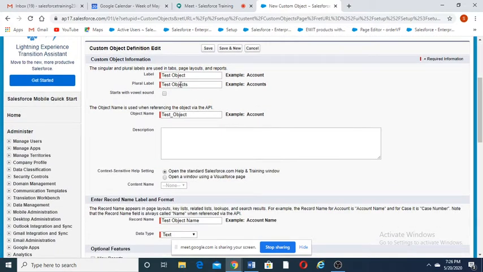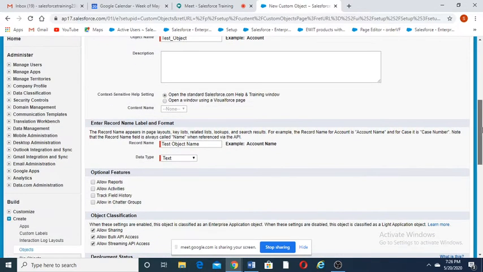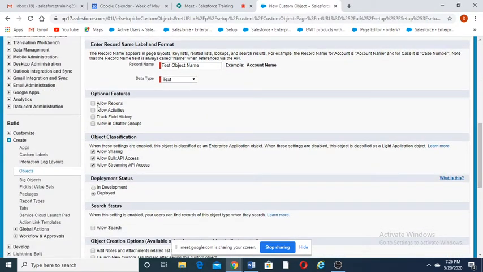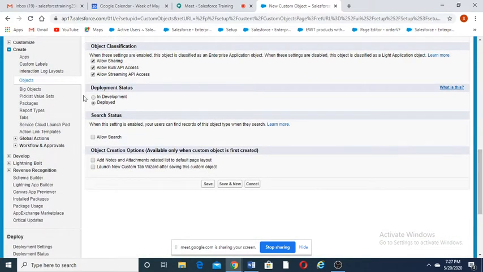Okay, so test object and plural name is test objects, and then I will allow reports to be created on this object, allow activities, track, I want to track all the field histories, allow in chatter groups, and this is in development. I want this object to be searchable.